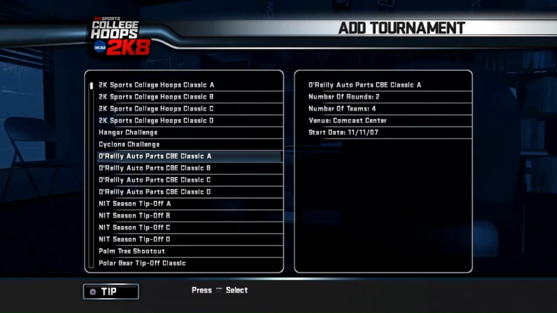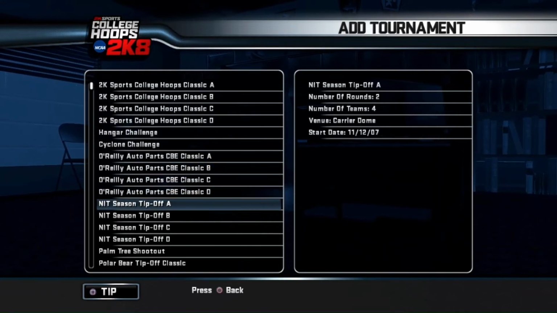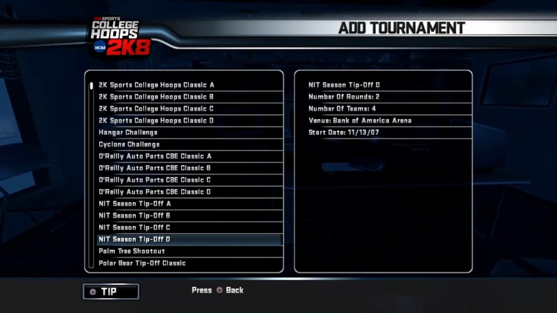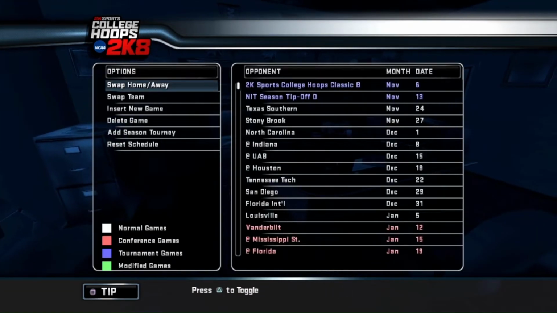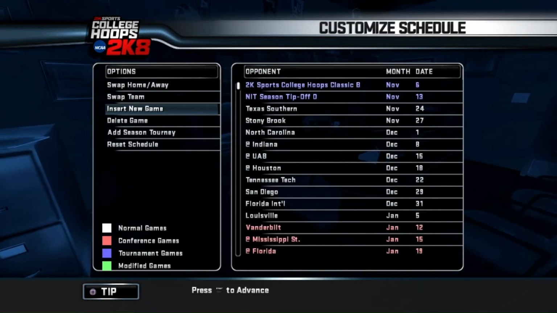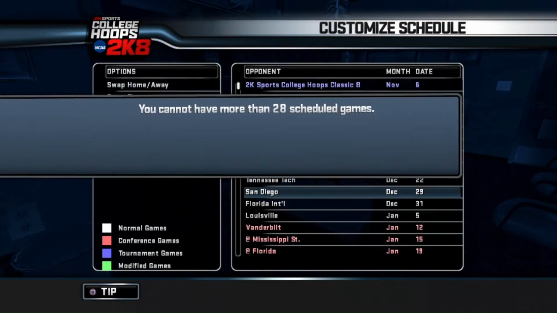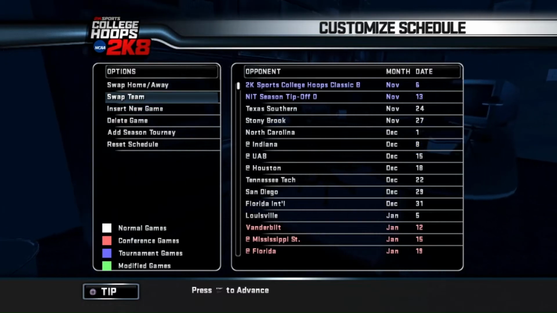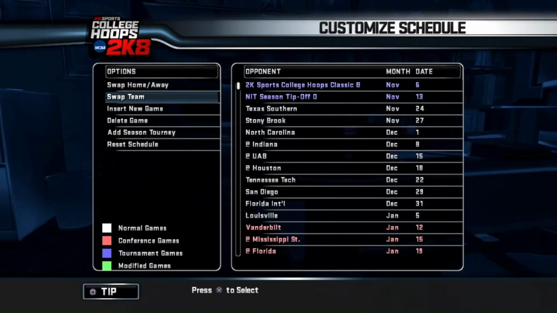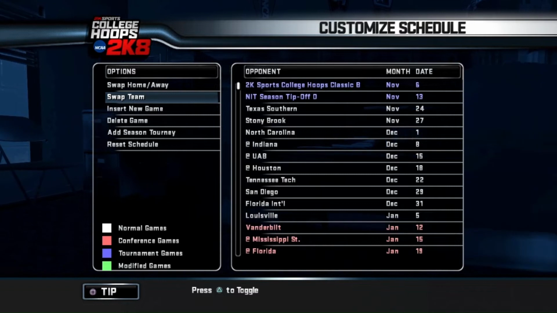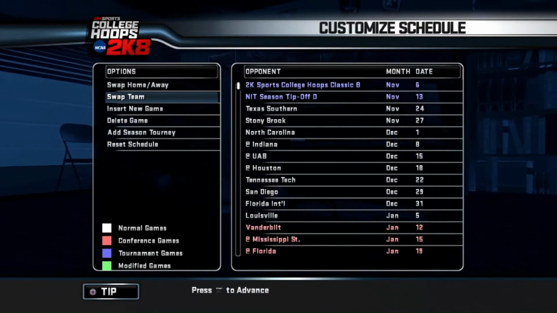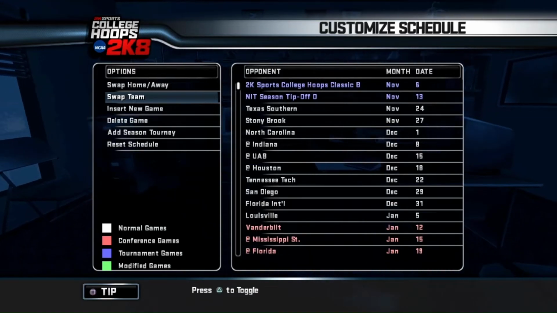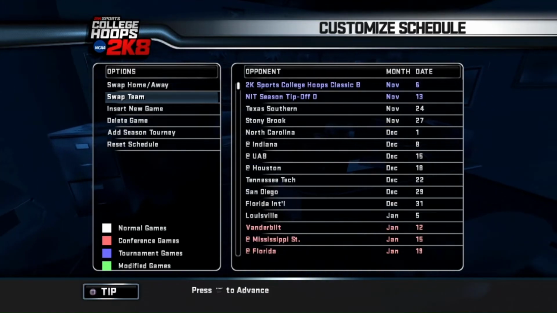For example, in the initial season, this tournament is set as November 11th. If you keep adding 7s to this date, you get November 18th, November 25th, and December 2nd. If you subtract 7, you get November 4th, allowing you an extra week to schedule a game without sacrificing any recruiting time. Now, I will say, if you do use this second method, the numbers will get repetitive because it's